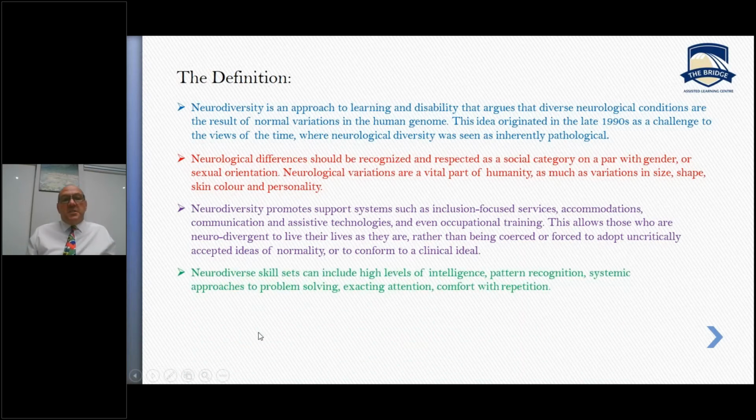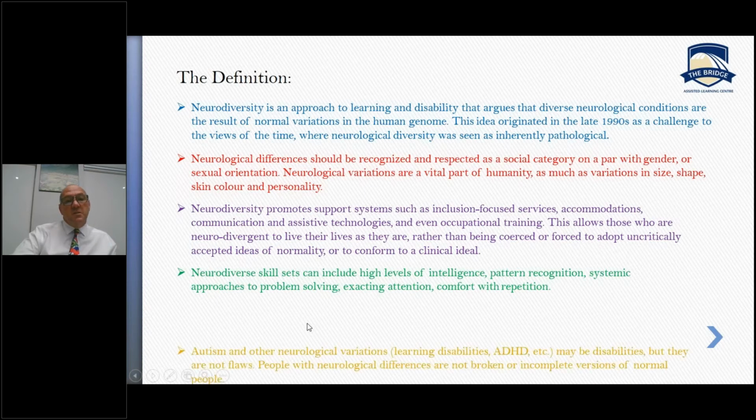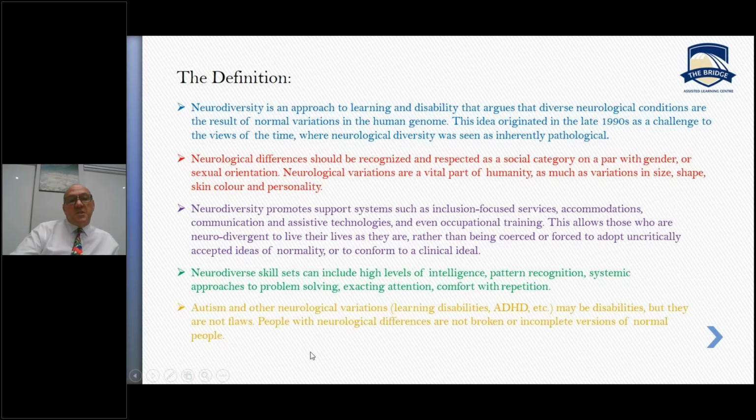Then some of the skill sets that a neurodiverse person might have can include high levels of intelligence, pattern recognition, specific approaches to problem solving, exacting attention sometimes, and then sometimes comfort with repetition. Not everyone's comfortable with some of those things, but those are strengths and will lead to advances for all of us ultimately. Then some of the neurological variations that we might look at our school, or we might have, autism,